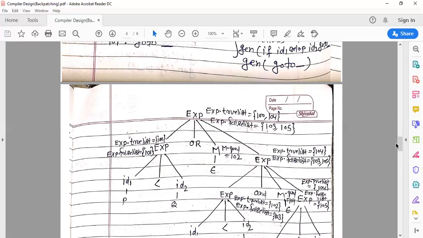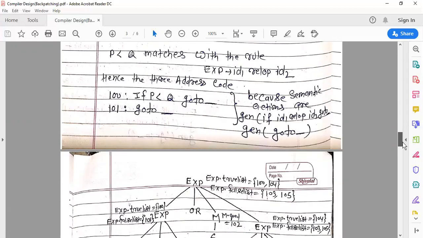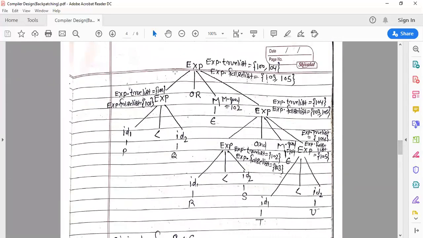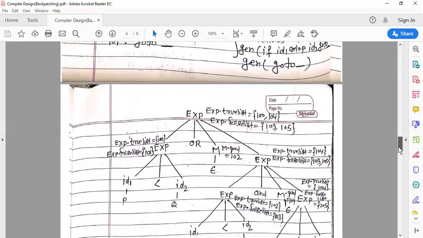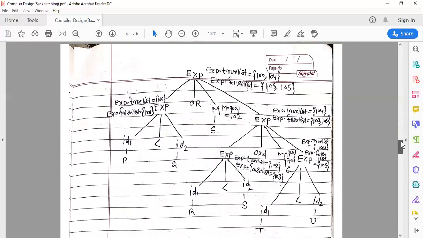Because p less than q goto, 100 is the address for the true statement, so at this node we fill exp.truelist 100, and here goto is the statement at 101, the address for the false statement, so at this node exp.falselist is equal to 101.